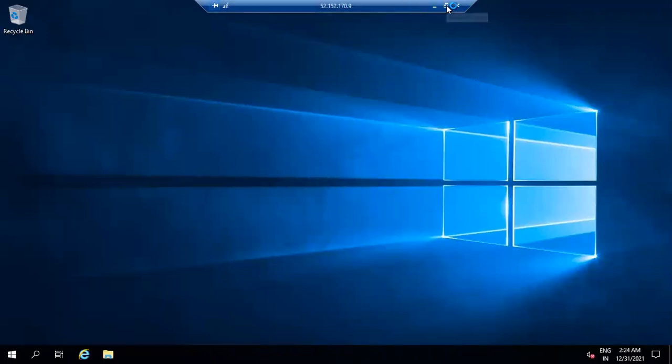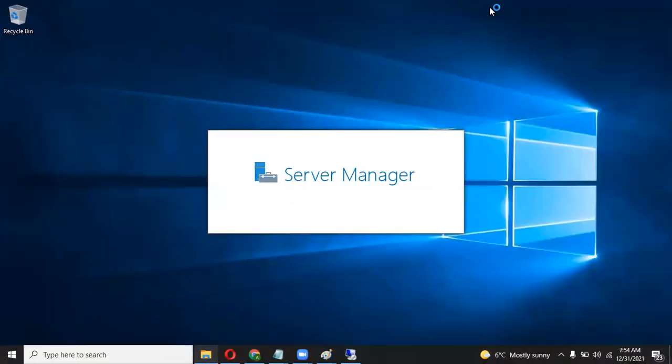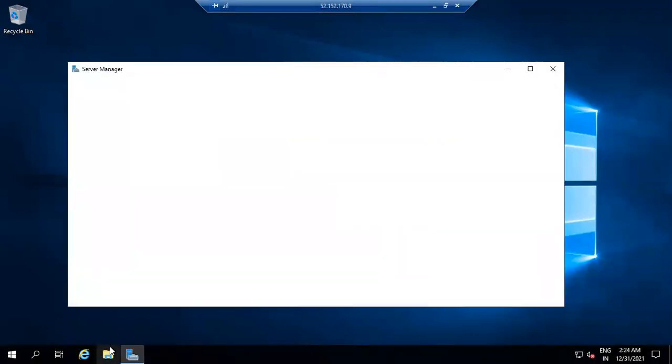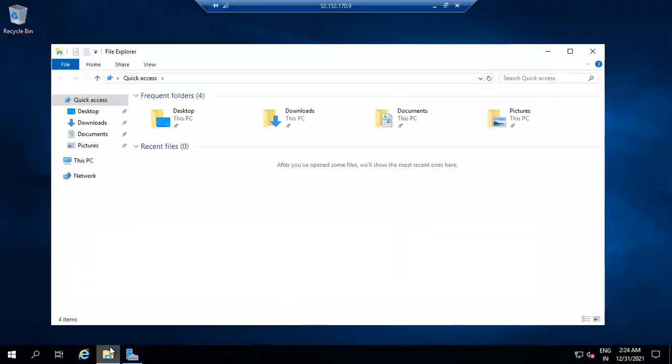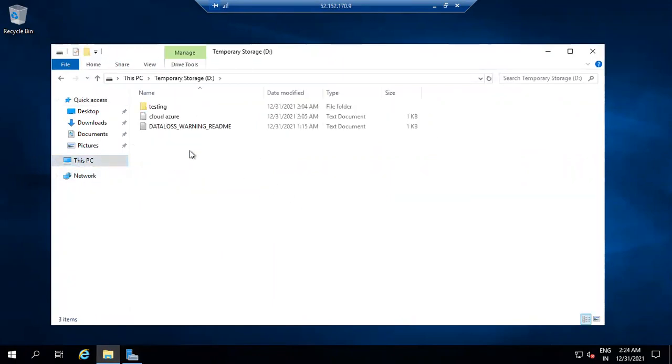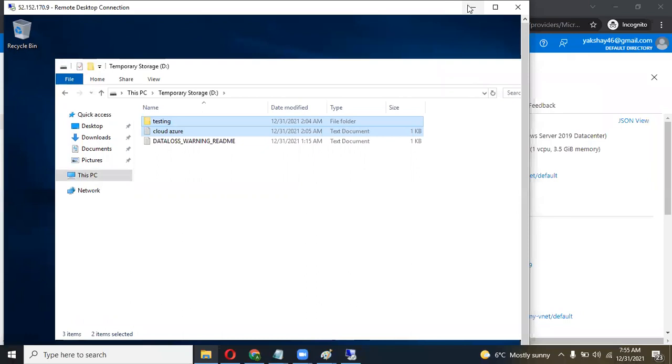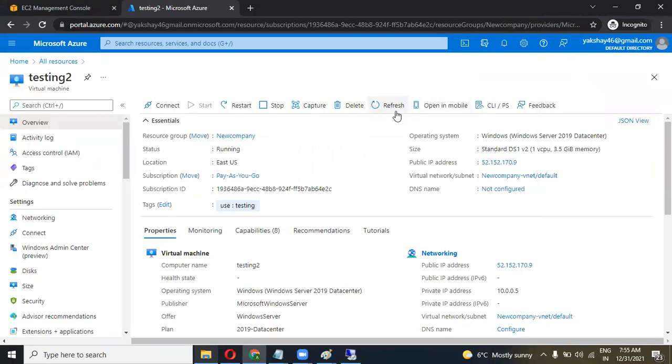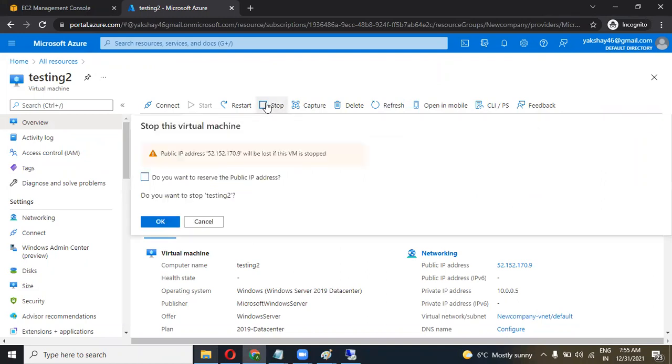Yeah, machine is restarted. We also got our data over here. But if we stop this machine and start this machine, then we are not able to get our data. We restarted it from the panel and also from inside the machine, and we got our data. Now, if we stop this machine,